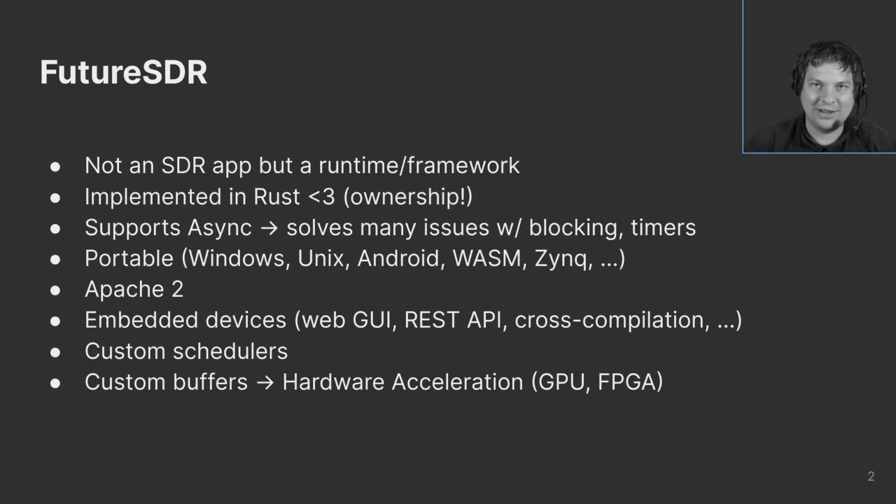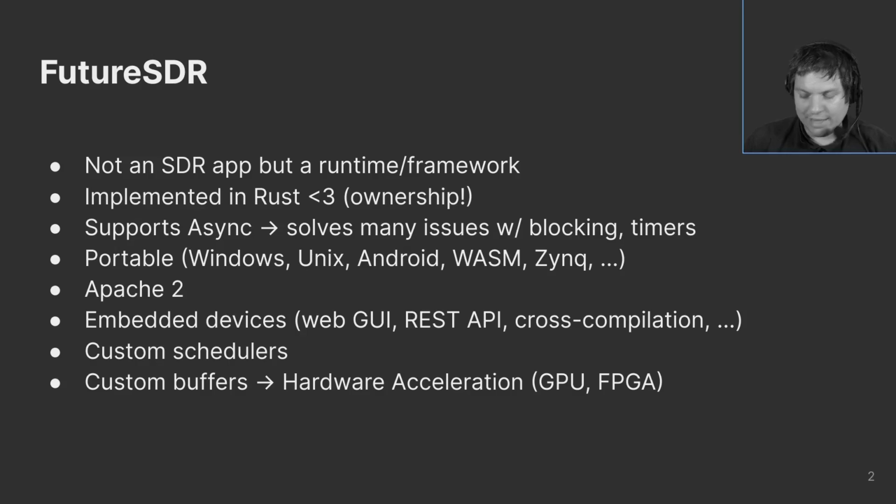Yeah, cross-compilation, I already said that. You have custom schedulers, which are basically these executors for this async runtime, and you have custom buffers, which allow you to directly interface accelerator memory without any double copy issues like GNU Radio has. So there you can basically implement your own buffers and then directly write to the GPU. And we have examples for the Vulkan API and the FPGA. There we have a Zynq board where we have xDMA drivers to basically get data from and to the